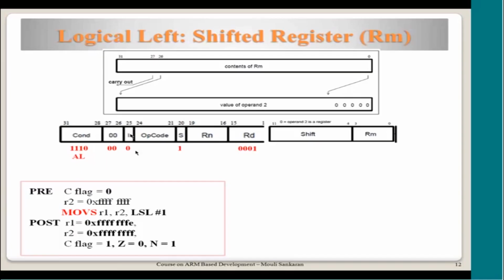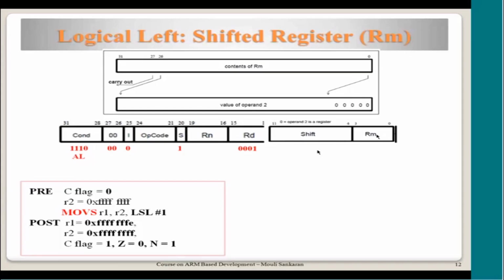Now this I is interpreted as 0. Who is doing this, filling this value? The assembler, okay, or it could be a compiler if a C source file was compiled and then it generated a move instruction and the obj file would have put this value. But if you have written assembly code, let us assume that you have written an assembly like this, then the assembler will generate this particular format based on the instruction you have given. So it has put I as 0 because you are interpreting it as an immediate constant, okay,